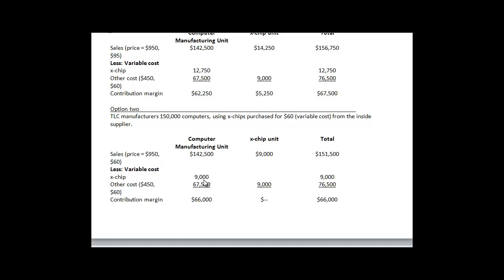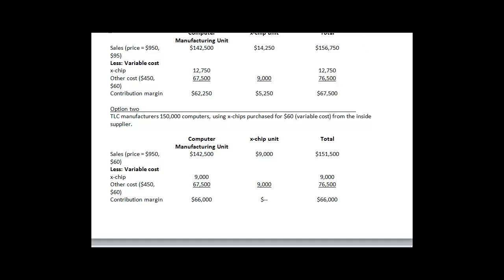Less the variable cost, the X chip, which is the 150,000 computers times the $60, giving you a total of $9,000, minus the other cost, which is the $450 times the 150,000 computers, giving you a total of $67,500. Subtract those and you get a contribution margin of